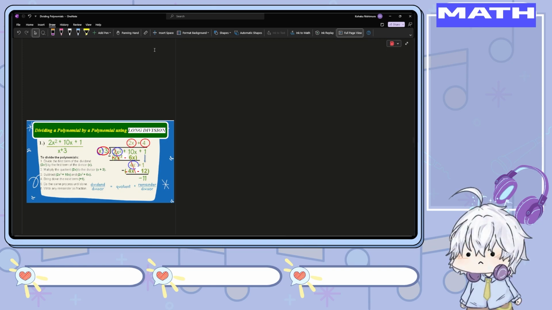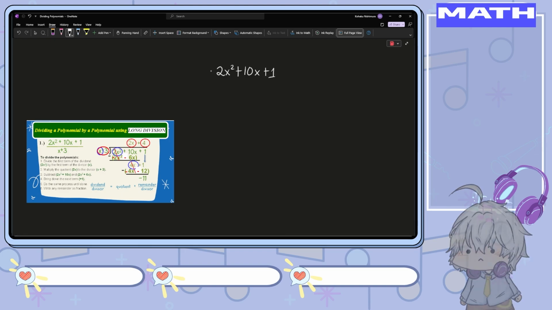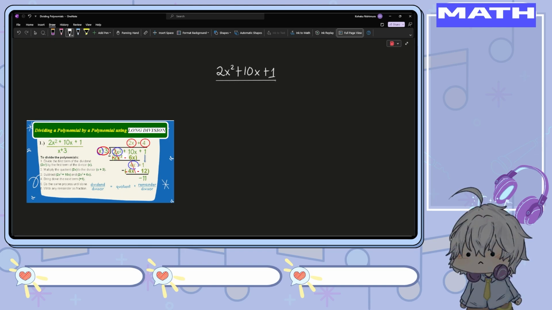Let's have the first one. It looks something like 2x squared plus 10x plus 1, and we divide it by x plus 3. If you want to do this first using long division,